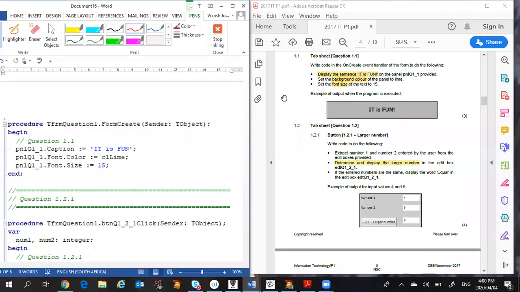Let us look at the solutions for the 2017 examination paper. As I've indicated previously, these are the solutions that I'm presenting. It is possible for you to have had a slightly different solution arriving at the correct answer as well. If we look at question